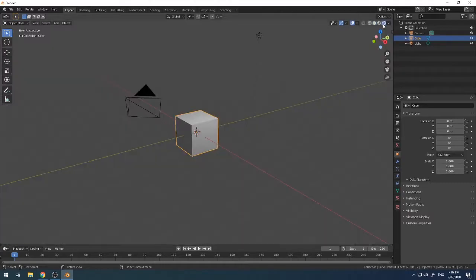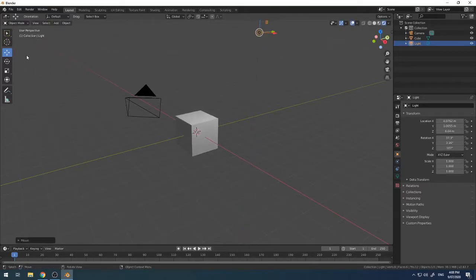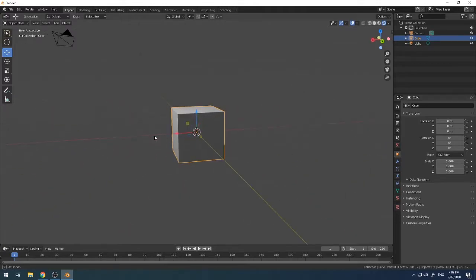So I generally work in this one here, which is entirely rendered, like with the light and everything. So if we were to move this light, you'll see it moves it in real time. So I just like working in this space because my computer can handle it. So what we're going to do, we're going to turn this box into our board game box, which is really